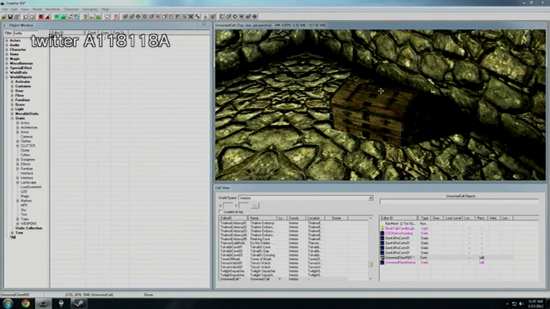We're also able to scale objects, and that's accomplished by holding down the S key